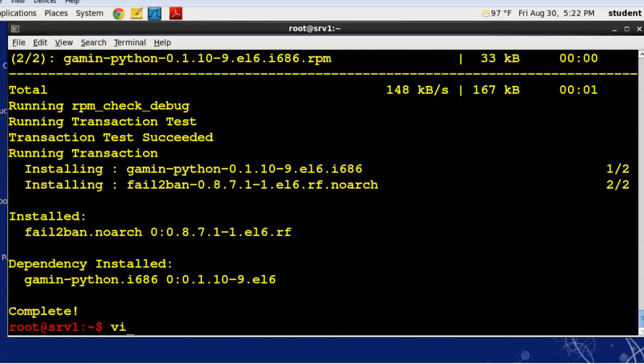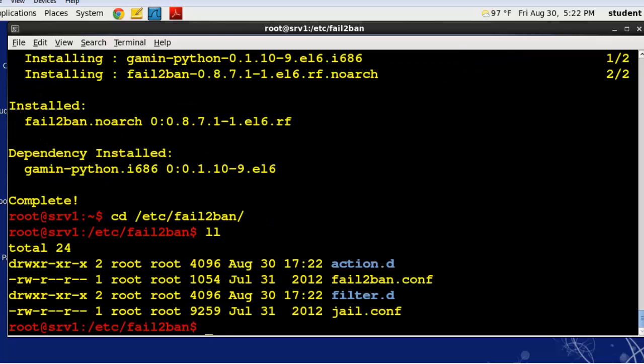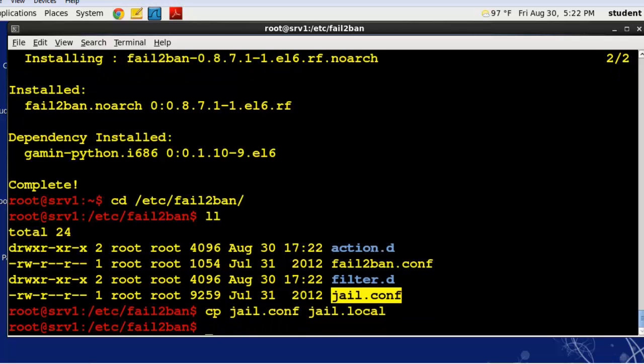So let's go in, and first we'll cd into /etc/fail2ban. And in here, there's the default jail.conf file. We want to copy that. I'm going to leave that one alone. We're going to copy jail.conf to jail.local. If Fail2ban finds a jail.local, it will read that file and use it. So now we're going to vi